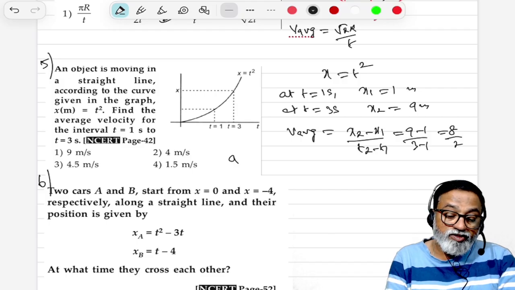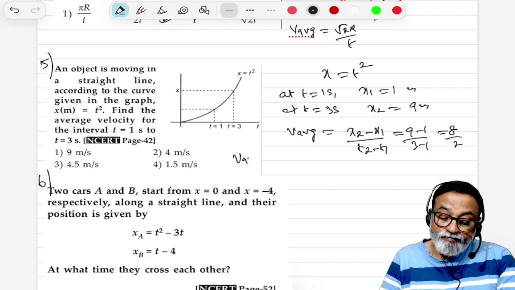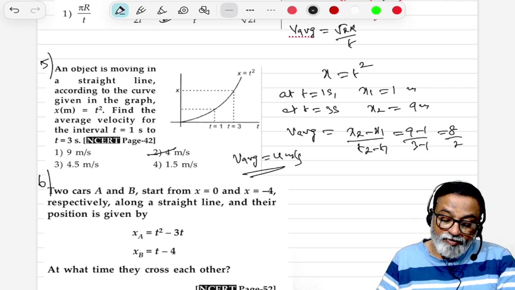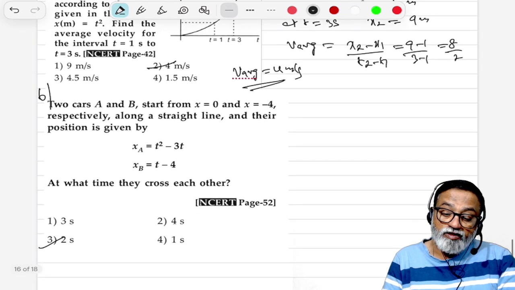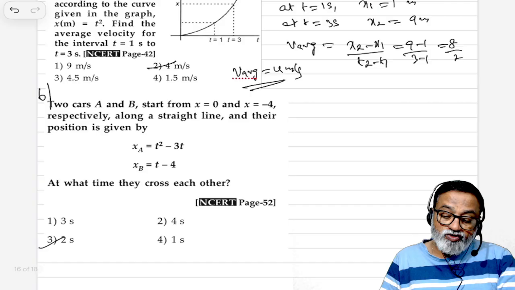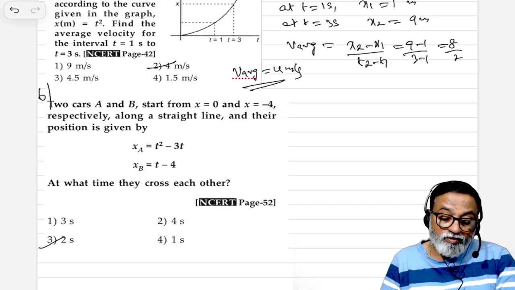Therefore, P average is equal to 8 by 2, 4 meter per second. This is 4 meter per second. See here, two cars A and B start from x is equal to 0 and x is equal to minus 4